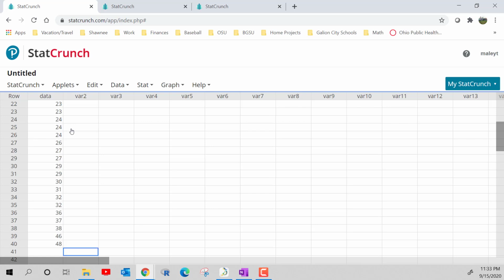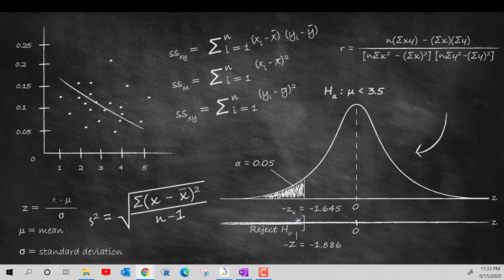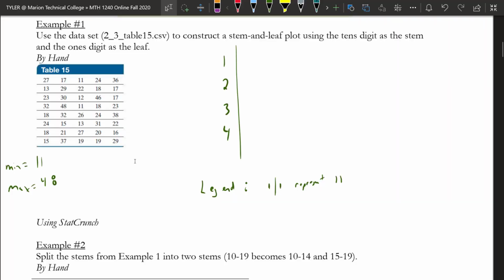If you open up the data and sort it like I did, it might be easier to follow along. We have two 11s, and then a 12, and then two 13s,